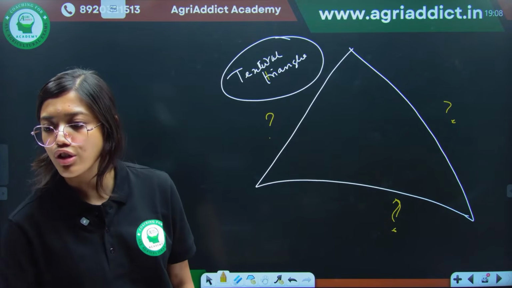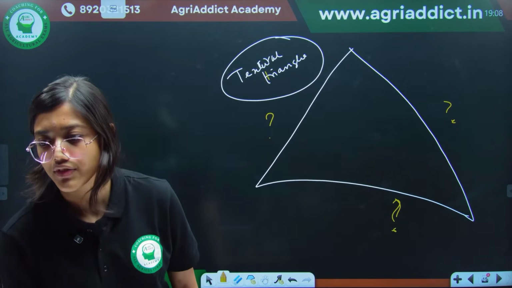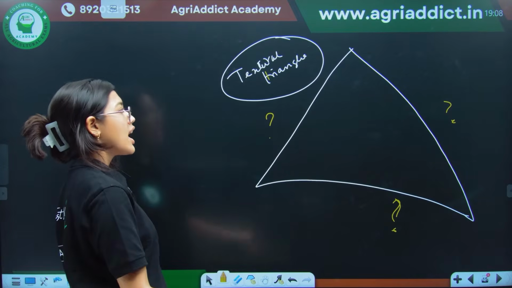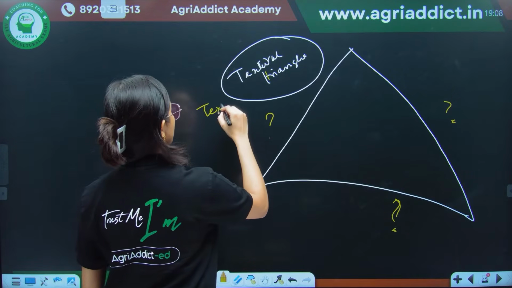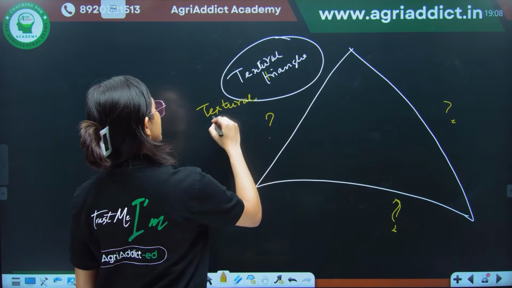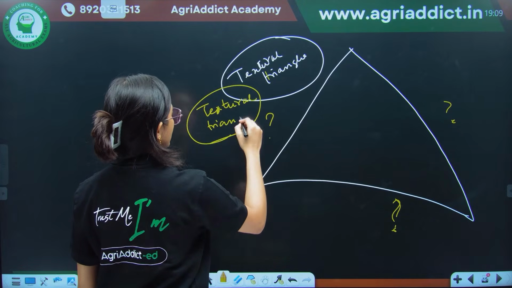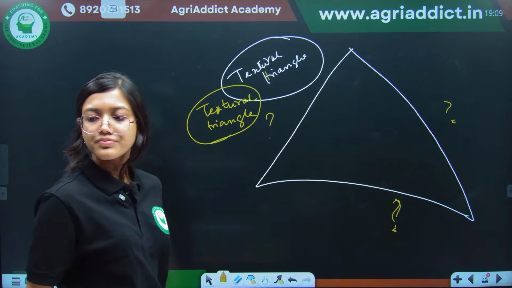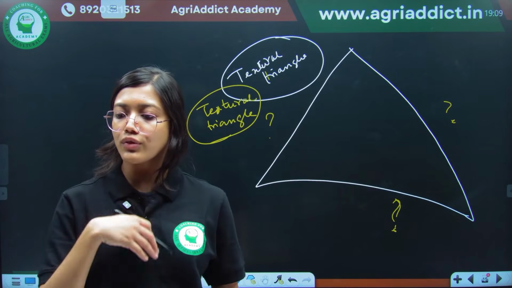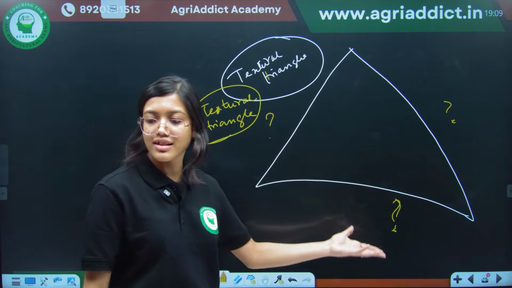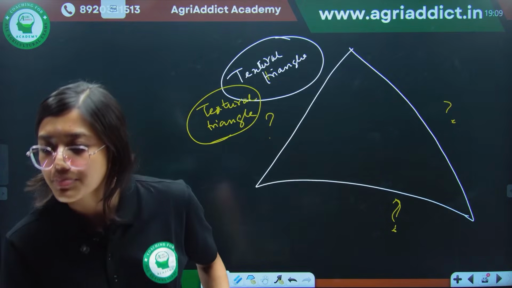Now, someone also told me that this textural class was given by Milton and Whitney. Fine. But who gave the textural triangle? The textural triangle is given by whom? That is also a question. Okay, so sand, silt and clay, we all know. But where is each present? Sand, silt and clay, where are they present?